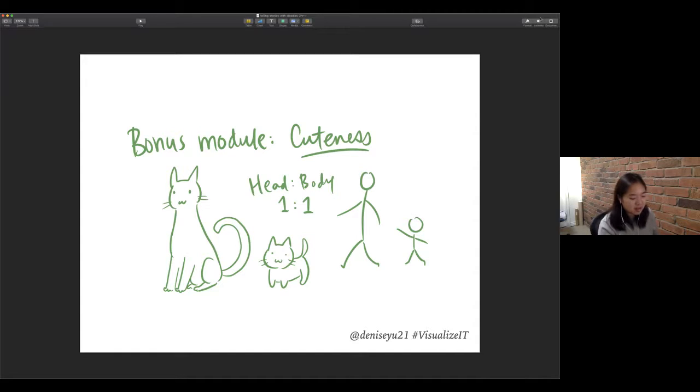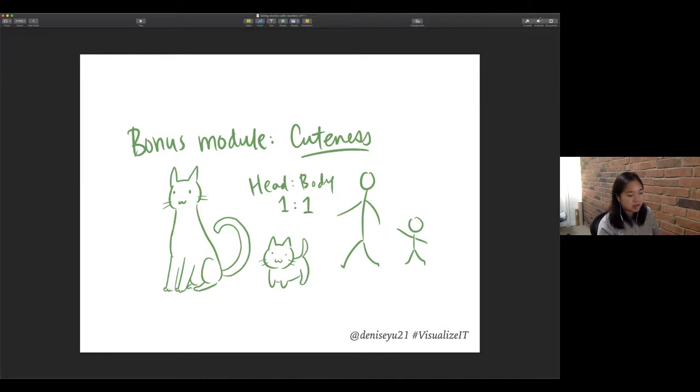So the final thing I'll quickly talk about, I think I have time. Sometimes people ask me, how do I make my drawings cuter? And I thought about this for a while. I was like, is this really relevant to what we're doing? And I was like, maybe it is, because maybe this is the thing that allows you to make your drawings more whimsical and create the kind of characters that you want to create to tell friendly and whimsical stories. So there's a couple of guidelines for capturing cuteness. This is just stuff that I've picked up over the years. There probably is a book written by Disney animators about how to do this, or people who draw cartoons. But broadly,